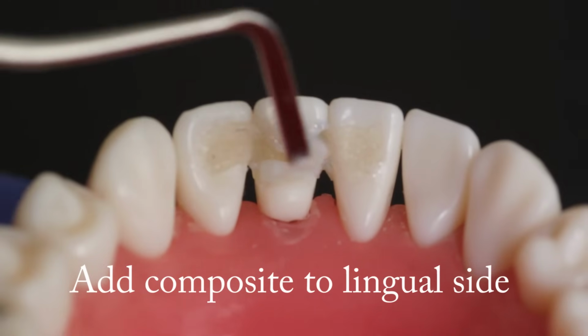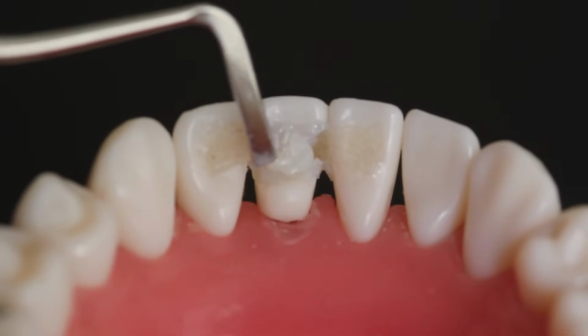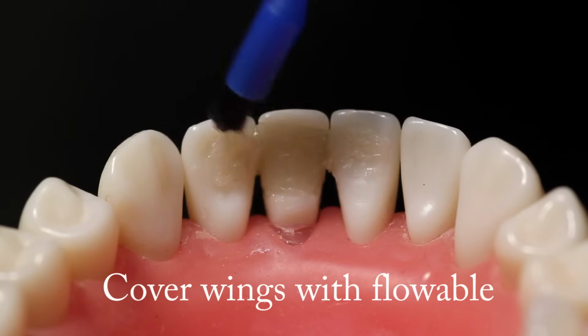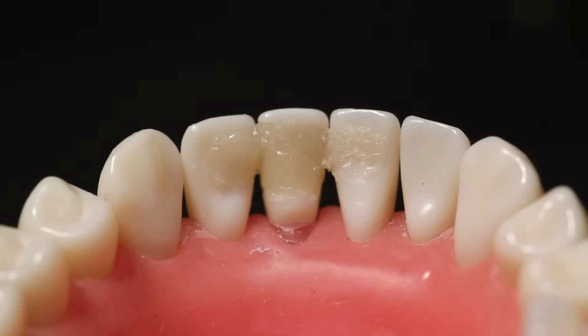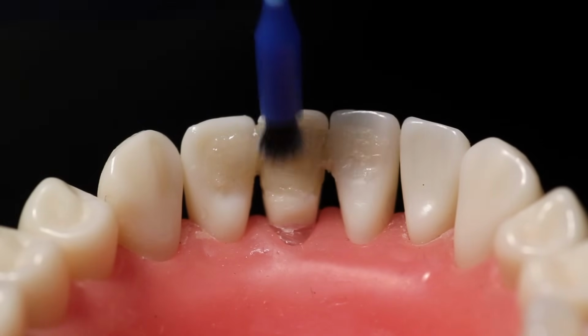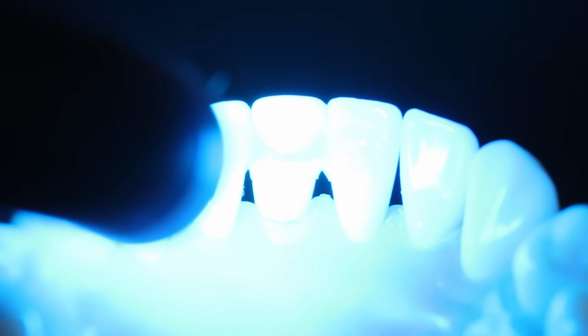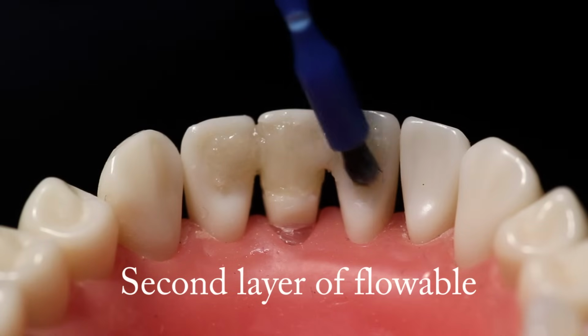Cover the ribbon within the channel of the pontic with composite to build up the lingual side of the pontic. Cover the lingual surfaces of the ribbon wings to make the prosthesis smooth and comfortable to the patient. For extracoronal applications, we recommend a flowable composite for covering the lingual wings of the abutments. This can be applied in multiple layers using a micro brush or other small brush to make the wings smooth